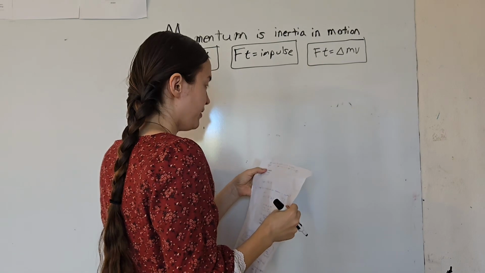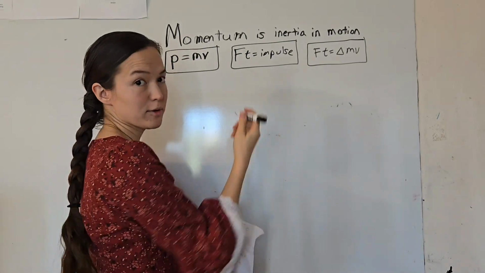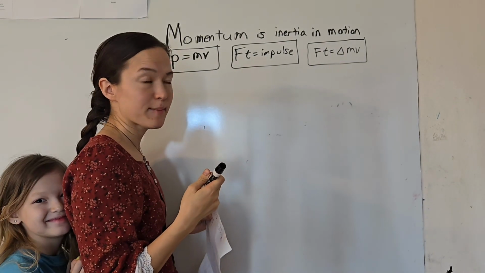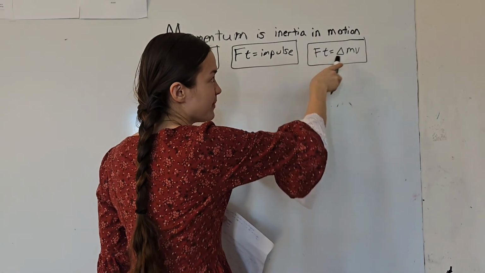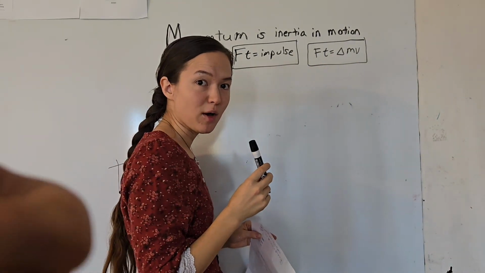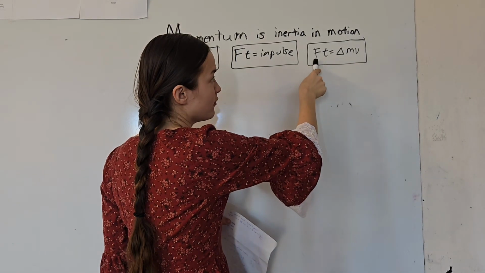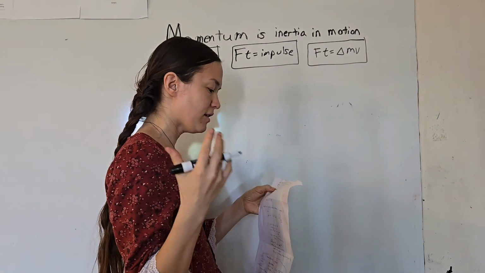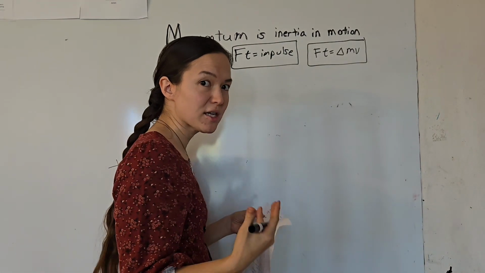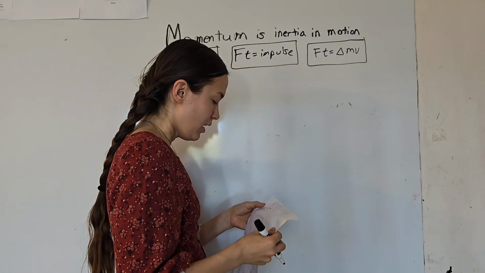Let's talk about this for a little bit. So you already know, like we were talking about the example of you trying to hit the baseball with a bat, and hit the baseball as hard as you can. You already know to maximize the change in momentum of that baseball, you want to maximize the force and follow through as long as you can. Get the greatest force, the greatest impulse possible on that ball.